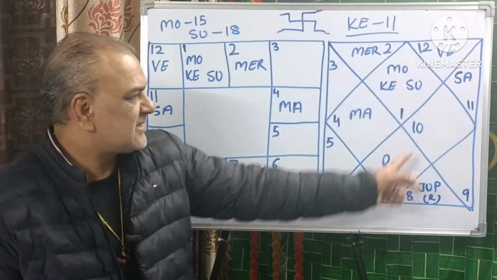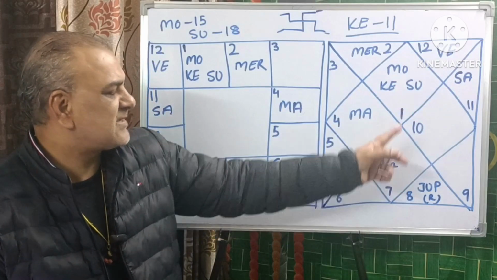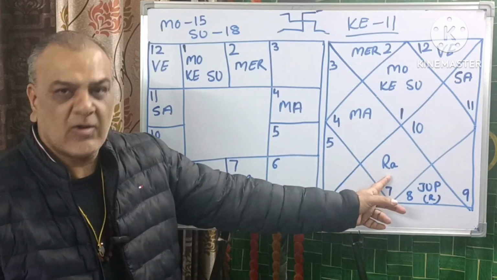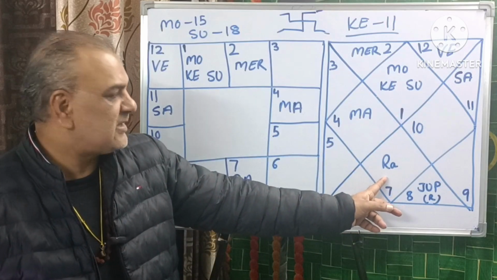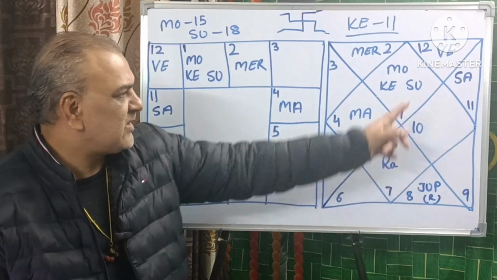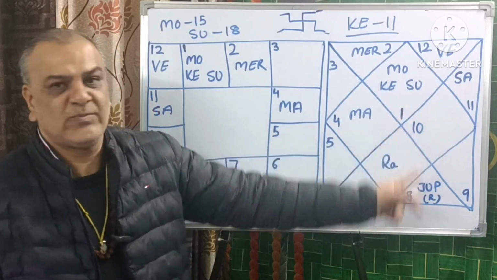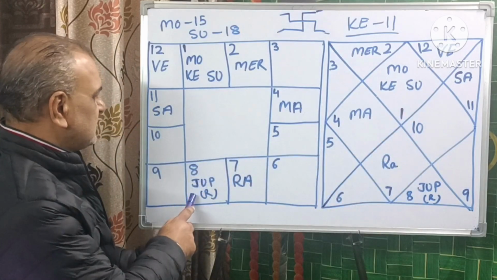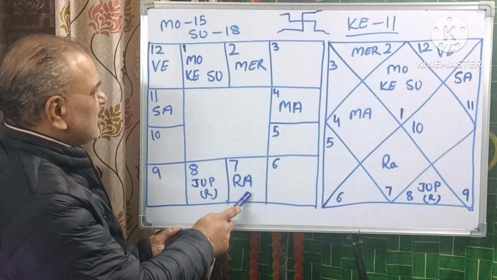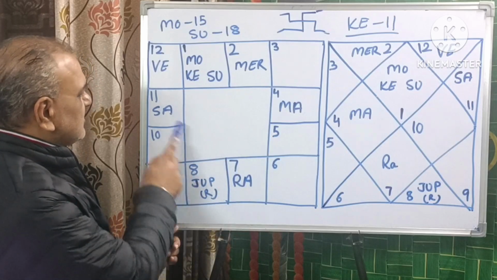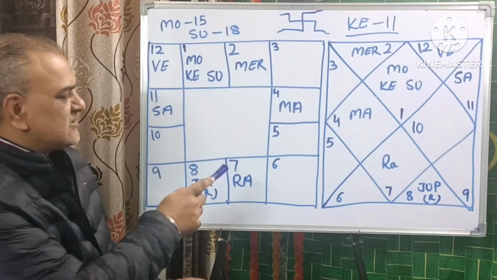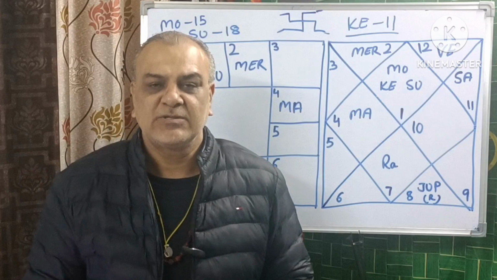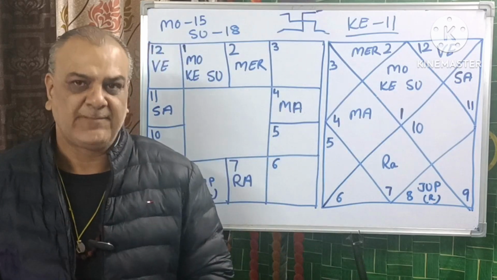Elder brother is connected with Rahu in the same direction, and also when Jupiter comes in Libra, this makes a combination of Saturn, Rahu and Jupiter. Here also you can see Jupiter when it comes in Libra, Saturn is in the west direction, Rahu in the west direction. So this prediction also you can make here.